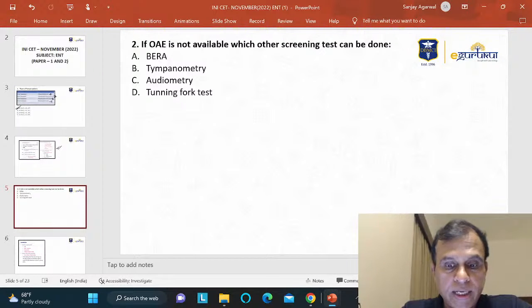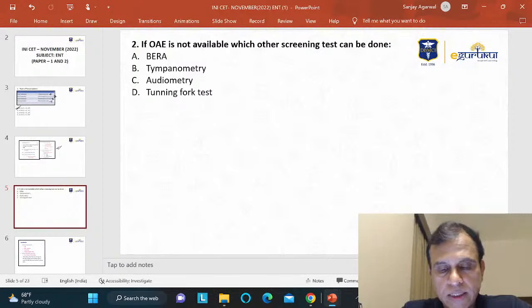If OAE is not available, which other screening test can be done? Now there are a lot of screening tests that can be done. Most of the tests are related to audiometry, and they are subjective types of investigations. You all know audiometry is a subjective investigation, and they have to be done in children especially, because screening hearing tests are mainly done in children,